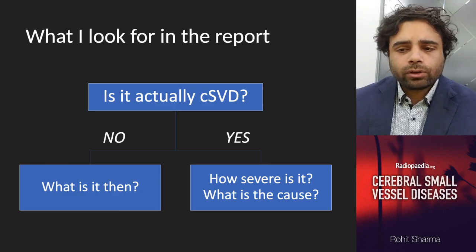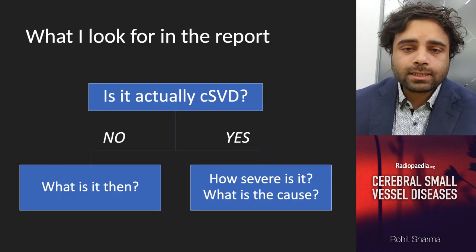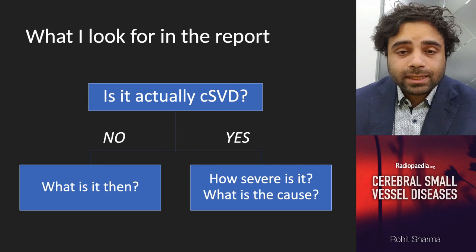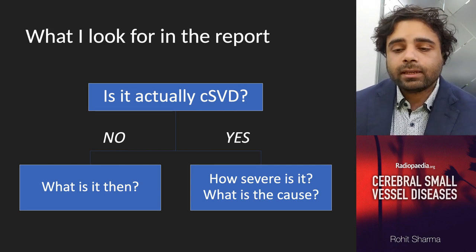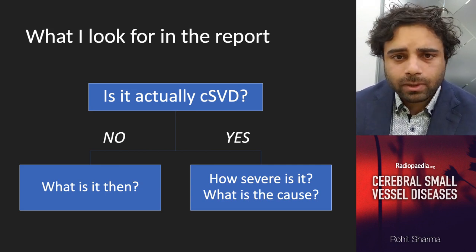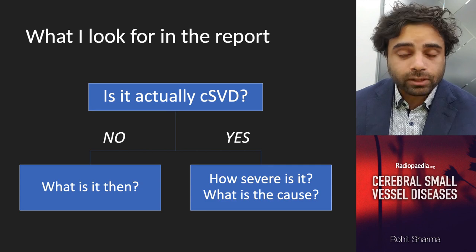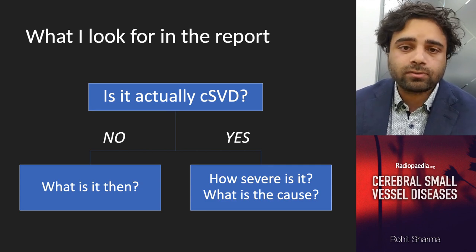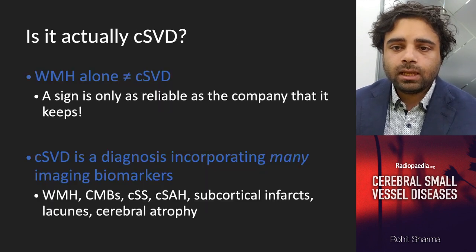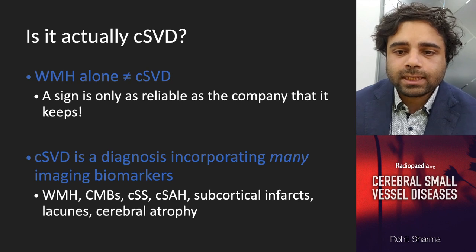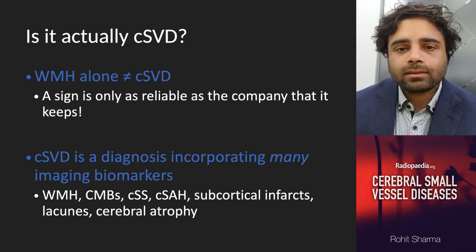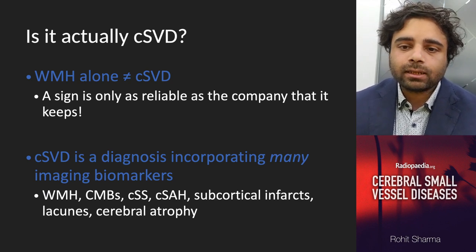So what do I look for in a report? Well, first of all, in regards to small vessel disease, I want to know whether it actually is small vessel disease or not. And if it's not, then what is it? What am I looking at? And if it is, then how severe is the small vessel disease, and what's the cause of the small vessel disease? If we're looking at small vessel disease, it's important to realize that this is an entity that really goes